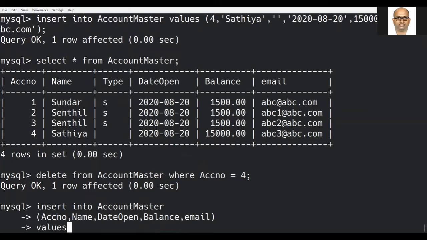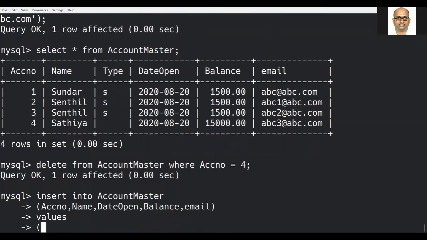with the values, namely 4 comma, this is what the value I have given previously. Satya, date of account opening, in quotes only we have to give. It is 2020. She has opened the account, assume that the month of January 1st.